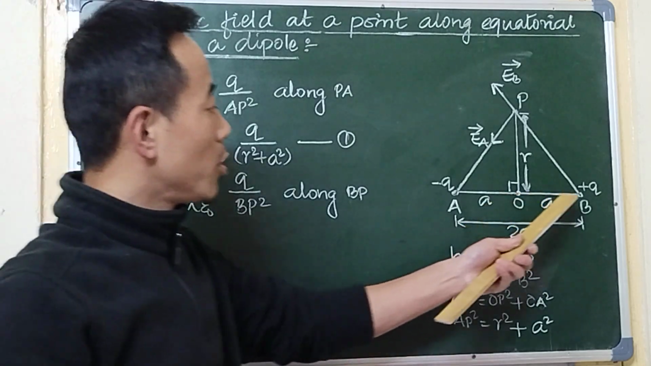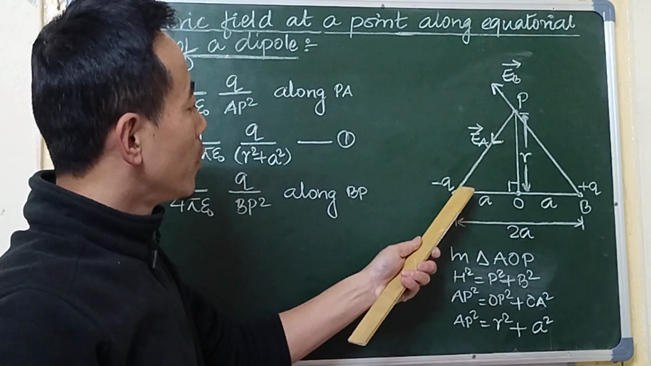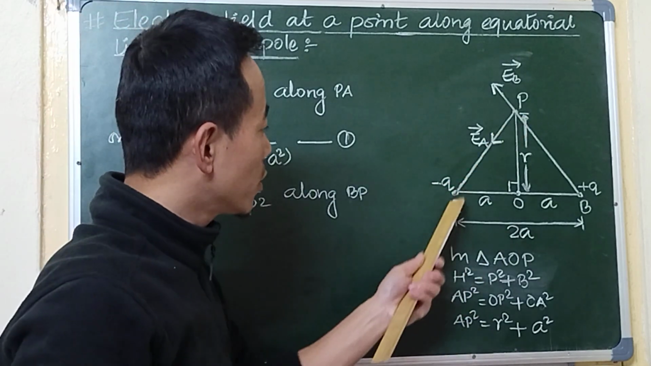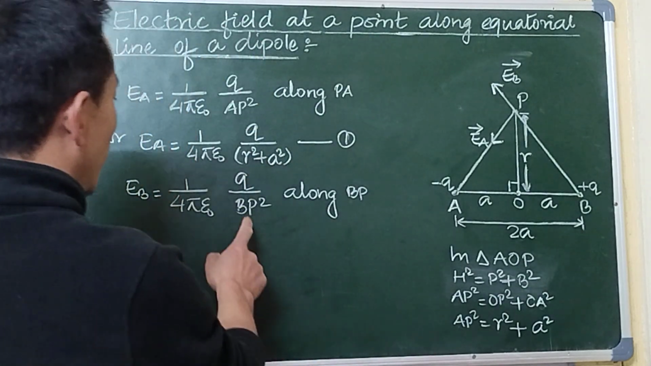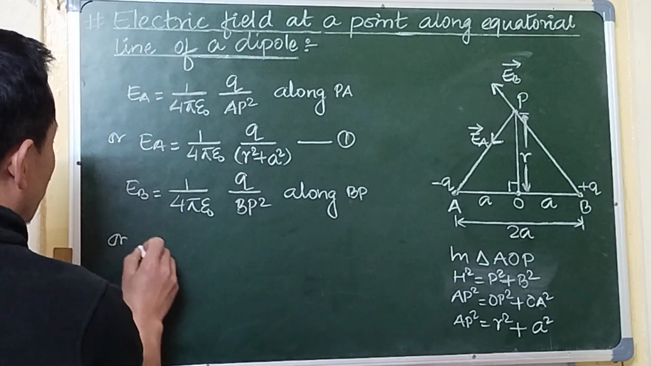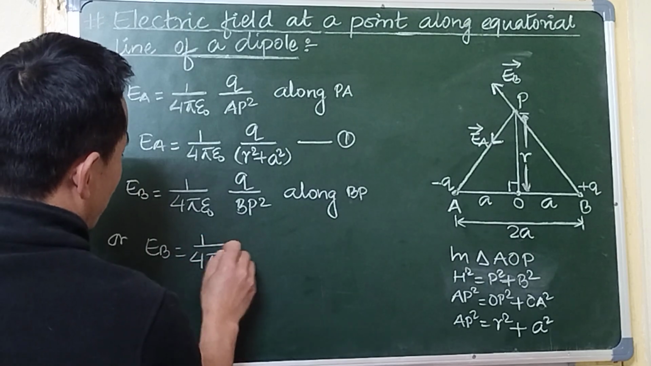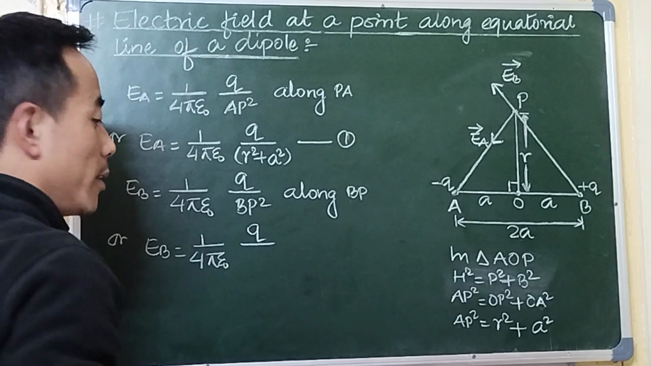Alright, since we have a positive charge here, the electric field at point P will be directed away. For this, the electric field will be directed towards. For negative it is towards, for positive it is away. Now let us again find the value of BP square from the diagram. So we can further write this equation as EB equals 1 by 4 pi epsilon naught Q divided by,